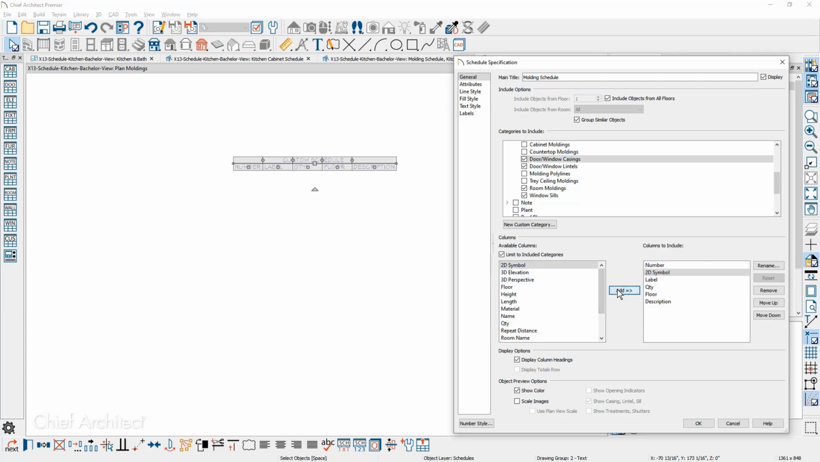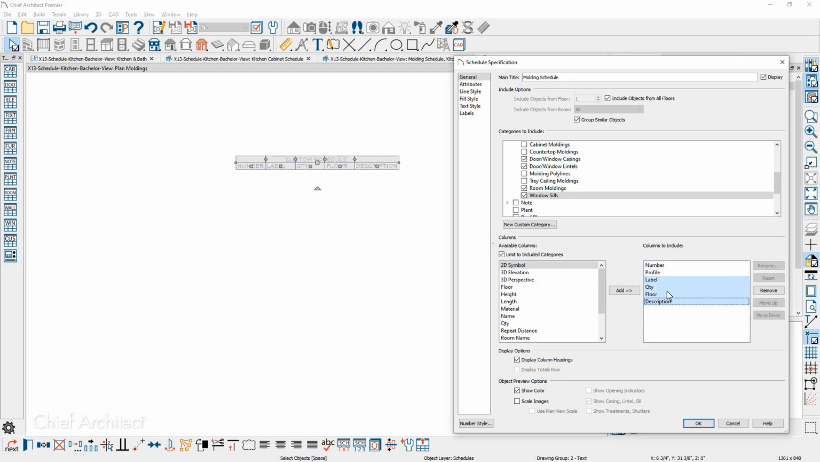2D symbol, which is really the profile, so I may just change that to the profile name. And then for these remaining fields, I'm just going to hold my shift key down, select the bottom, hold the control key down, select the top. I'm going to remove those elements, and then I'm going to proceed to come down and I'm going to choose